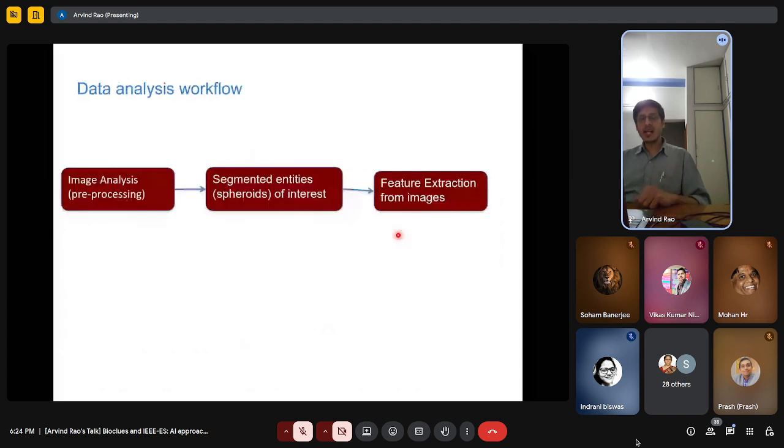Now that you have extracted these blobs, the ones in red, you can extract features. And in this case, the features are morphological features, because I'm interested in looking at protrusions. That's the morphological feature. So I can measure things like the area, perimeter, form factor, all those kinds of things, and really get a huge cardinality of features, right?